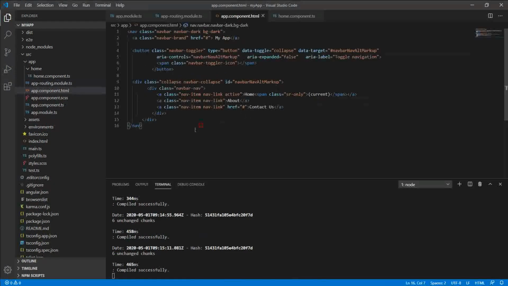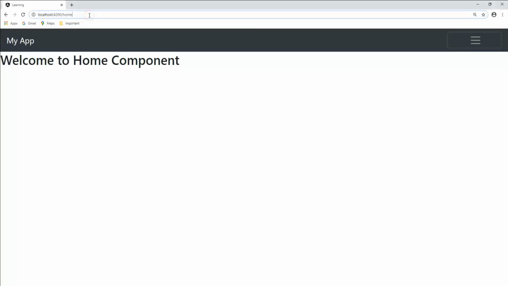Now we need to add a router outlet in our app.component. So just add router-outlet. That's it. Now I'll just check this in the UI. Okay, boom.